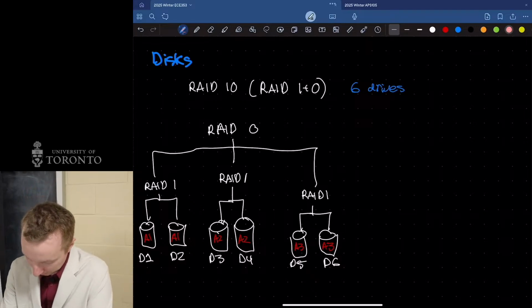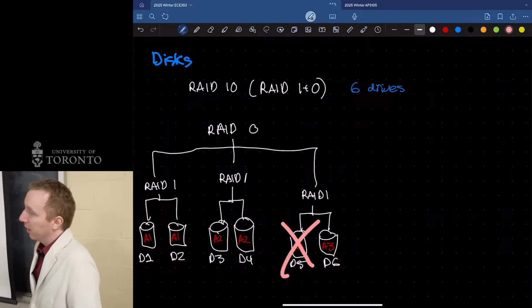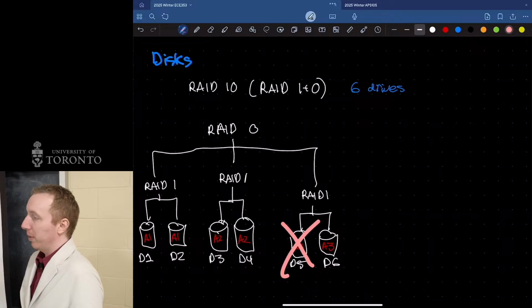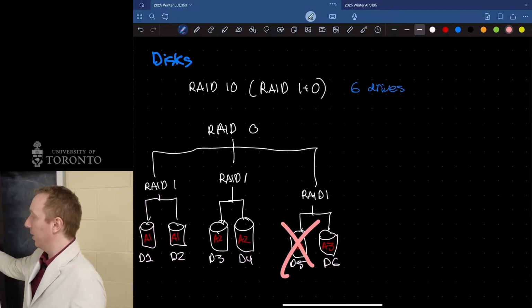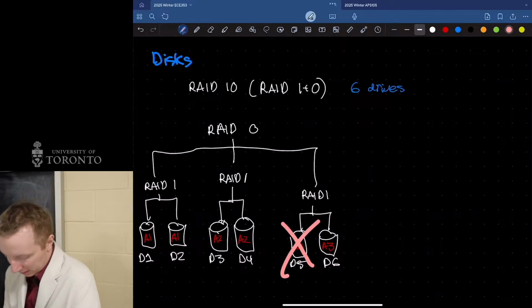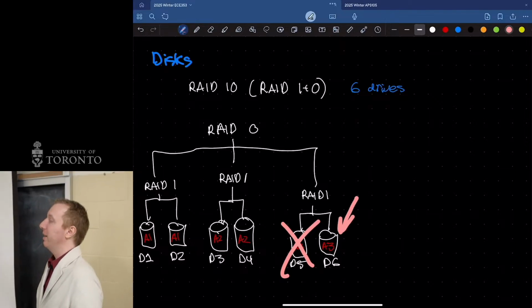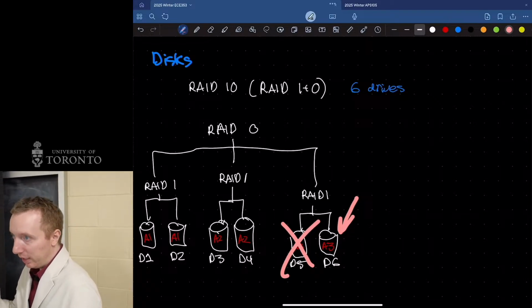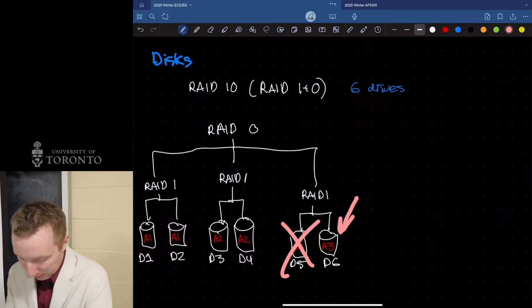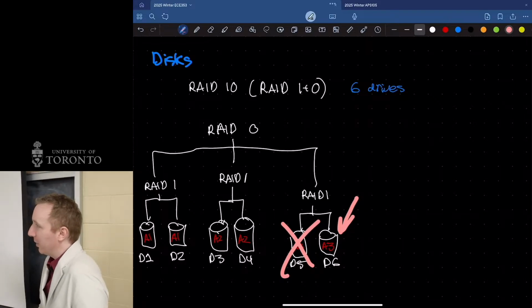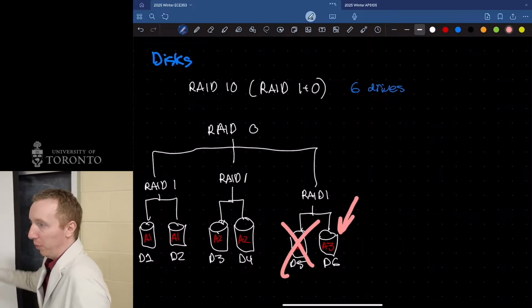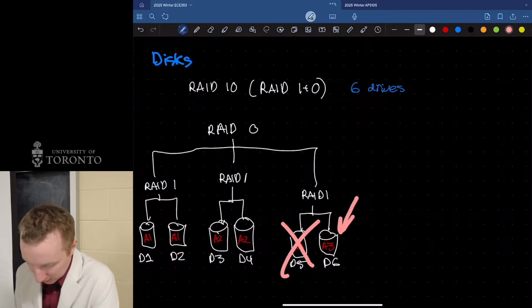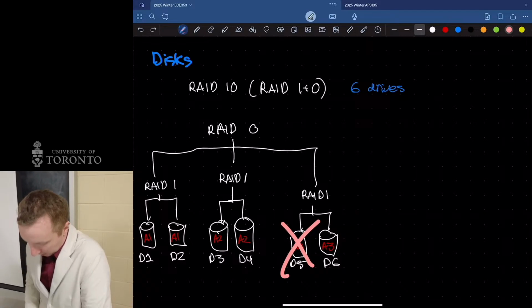So let's say I knock out this one. I have not lost any data. I still have a copy of A3 somewhere. If I get unlucky and take out this one, I have lost data. So I'm guaranteed I can survive one disk failure, but not two. If I take out the partner, I'm now screwed.